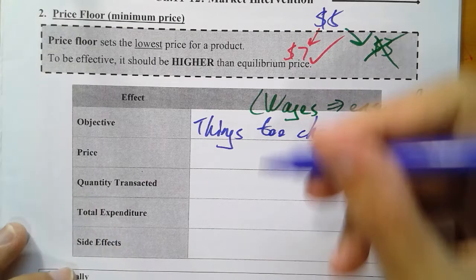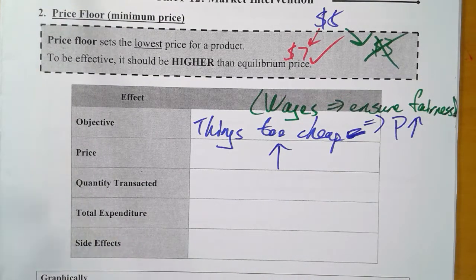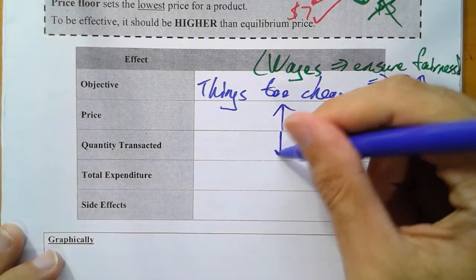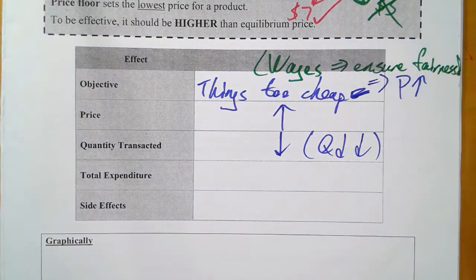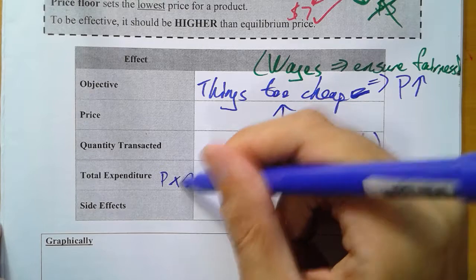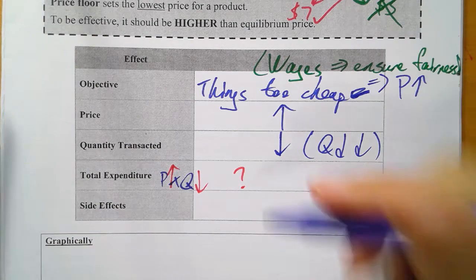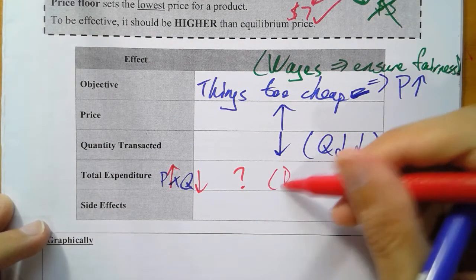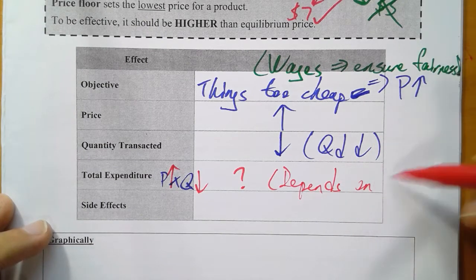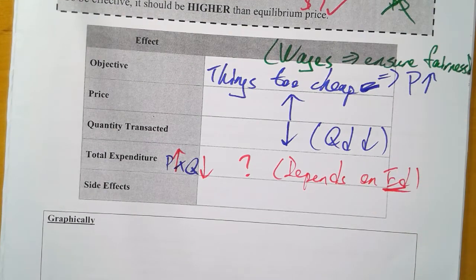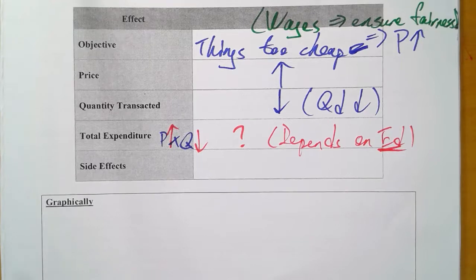Here obviously price would go up, 係咪啊？But when price goes up, QT will go down for one good reason, because QD would drop according to the law of demand, right? Now this time is a little bit funny. P times Q, right? 頭先話啦 price goes up, Q goes down. So do we know whether it goes up or goes down? We actually do not know. It depends on the elasticity of demand. 係咪啊？呢啲啦 elasticity of demand. 我哋啊要睇咗 elasticity of demand 先知啦。